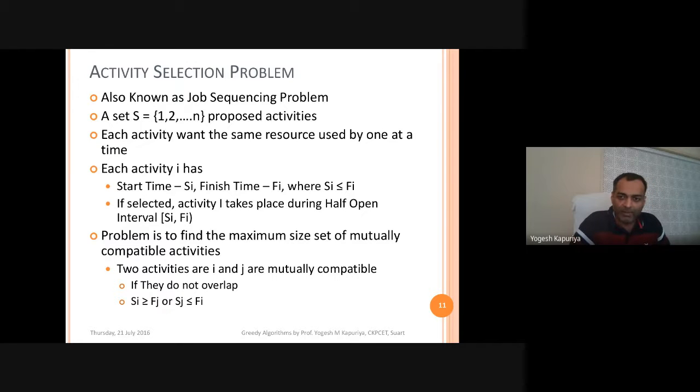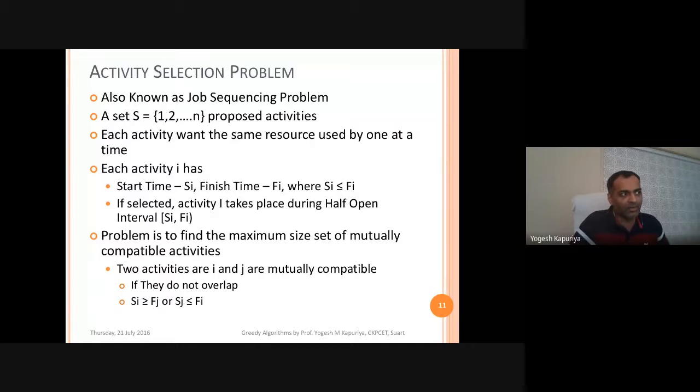So obviously there will be multiple possible solutions. In greedy we call it a feasible solution, because each of these solutions does not violate any input constraint, since all the activities in the selection are mutually compatible. But the problem is you have to maximize that number.